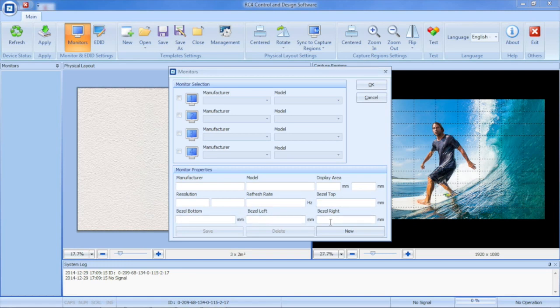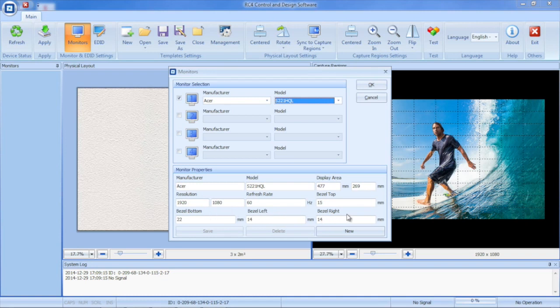Click the check boxes at the left of the monitor setting window to add the monitors used in your video wall. Select the manufacturer drop-down list to choose the manufacturer that corresponds to the monitors being used, and do the same with the models drop-down list to choose a specific listed monitor. For the purpose of this demonstration, we've chosen the Acer S221HQL monitor as an example. The preset properties corresponding to the chosen manufacturer and model, in this case the Acer S221HQL, will appear in the